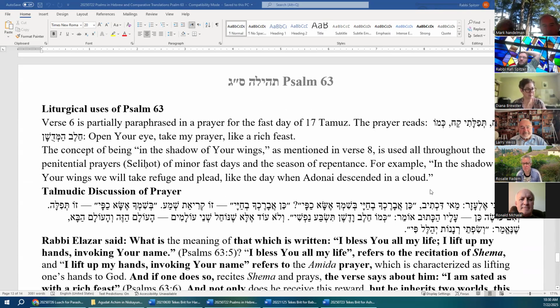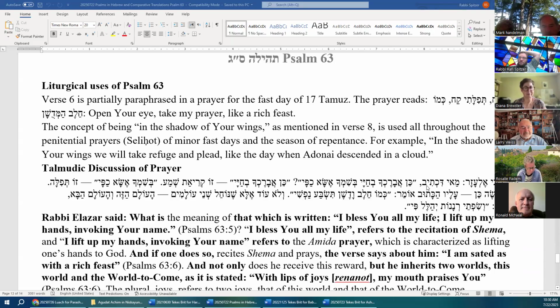So, liturgical uses of our psalm. As with many of our psalms that we've been looking at, this psalm is not used very much in the Jewish liturgical tradition. But interestingly, verse 6, which says, open your eye, take my prayer like a rich feast, that verse,